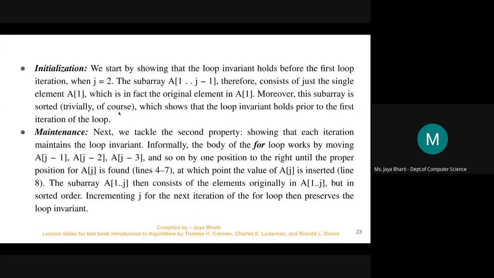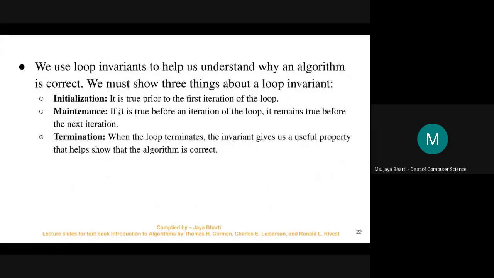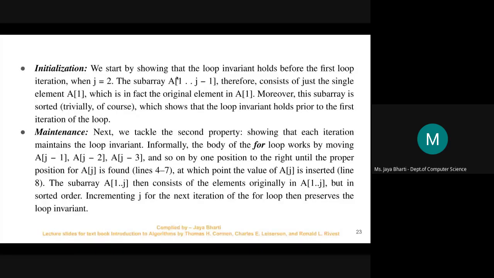क्योंकि हमारा ये क्या था, कंडीशन क्या है? It is true prior to the first iteration of the loop, कि हमारी कंडीशन अभी हम sorting technique use कर रहे हैं. So हमारा जो भी first step है उसमें जो भी हमारा एक sorted array है, that should be correct, means that should be sorted. So we have this array only A1, so it is sorted only. Okay, so we can say that the first condition is true, initialization is true.